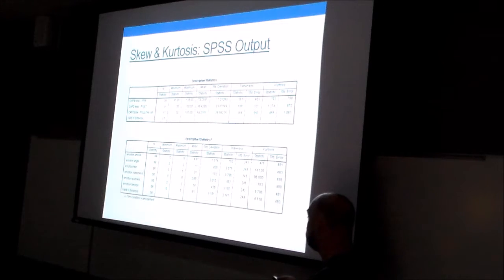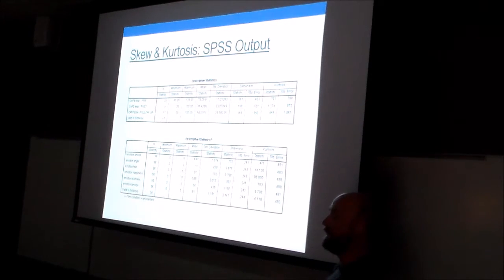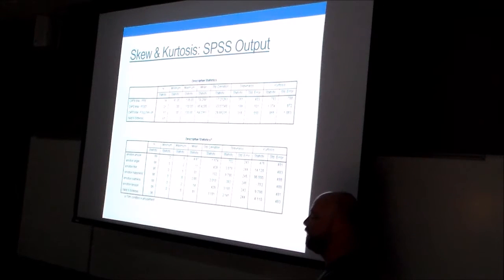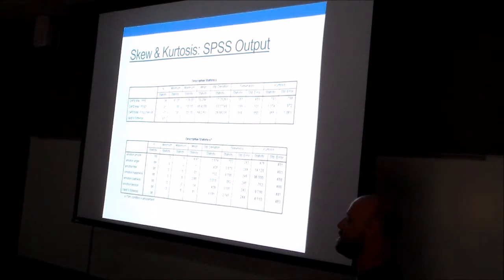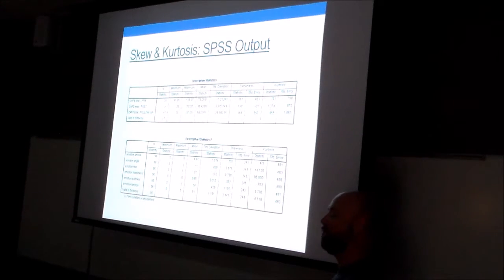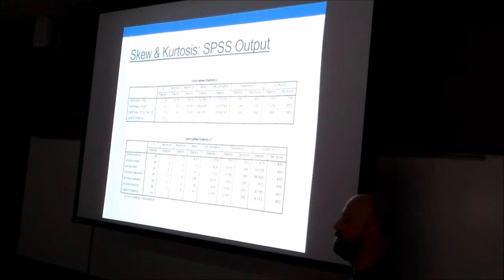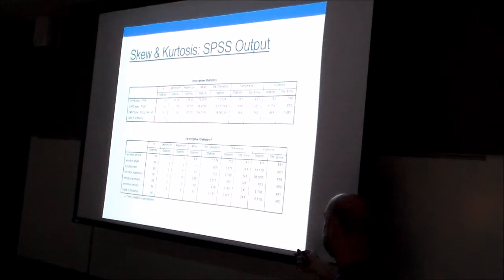What about skew and kurtosis values for these amusement ratings that I've collected? Or excuse me, these emotion ratings that I've collected. It's well above 2. Yeah, no, these are bonkers, right? This should cause me to have a great deal of pause, right? But if we think about what I actually did, I showed people a film that was objectively rated to be amusing, and then asked them the extent to which they experienced amusement, and that looks pretty good, right? If I asked them how much they experienced anger,